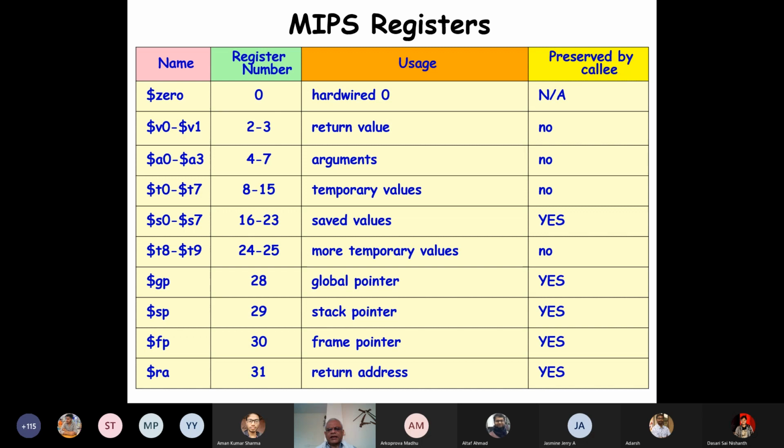Unlike a high-level program where we have the context of a variable, if you have a local variable in a C function, it is not visible to the function which is calling it.